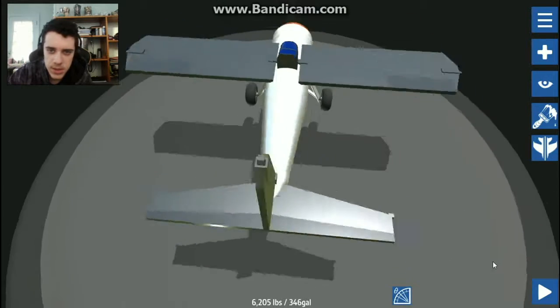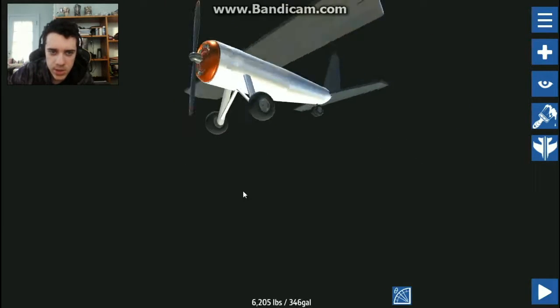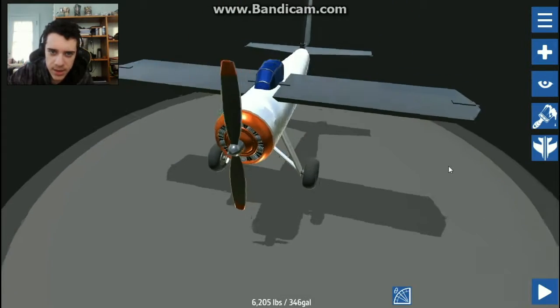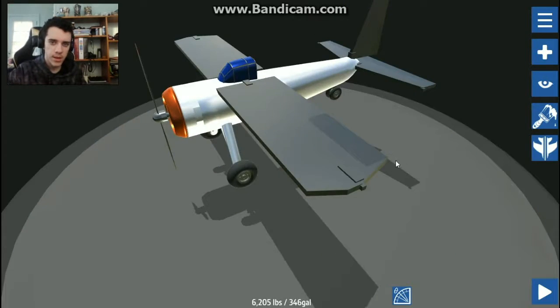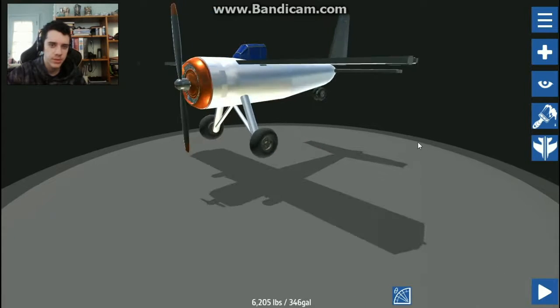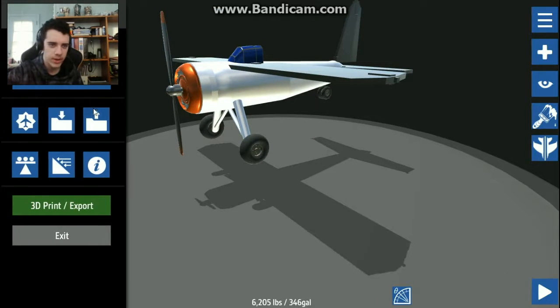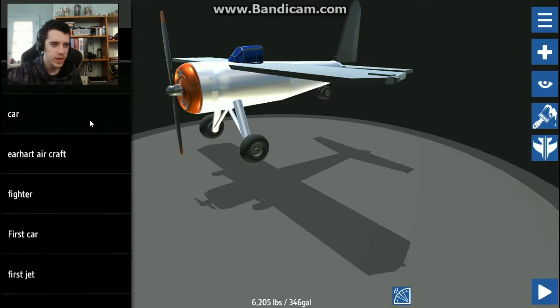Oh yes, this is the plane I was working on. This is supposed to be Amelia Earhart's plane. It's not the best flyer the way I created it, but hey, it can still get the job done. It won't be flying around the world anytime soon, but I just want to show you,